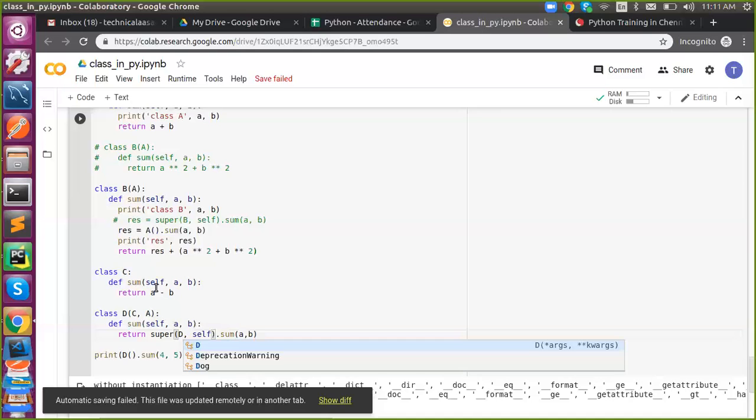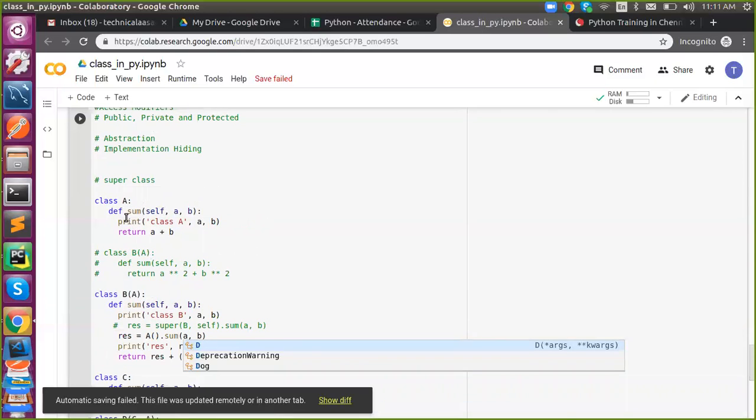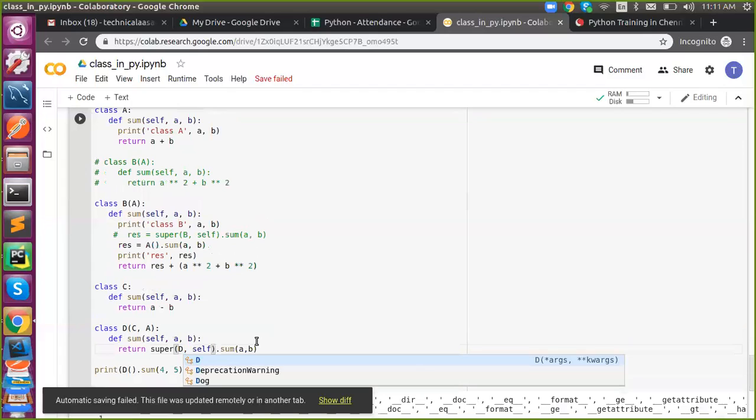Now my question is, I want to execute class A sum. What to do? Simple question. As per MRO, the C property will be there in D, right? That's why I'm using D. Now I want the class A property. What to do? We have inherited both class C and A. So it is possible. I don't know why you're saying B, because I've not inherited B at all, right? Then how are you saying B? I need to execute the class A sum method. What to do?